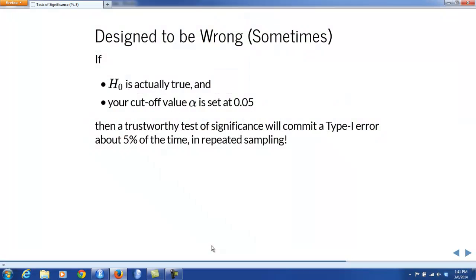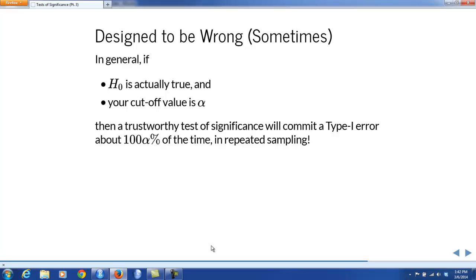Here's some more statistical theory. If the null hypothesis is actually true, and your cutoff value for a test is set at alpha equals 0.05, then a well-designed and trustworthy test of significance will commit a type 1 error about 5% of the time in repeated sampling. And in general, if the null hypothesis is true all along and your cutoff value is some number alpha, then a well-designed test of significance will commit a type 1 error about 100 times alpha percent of the